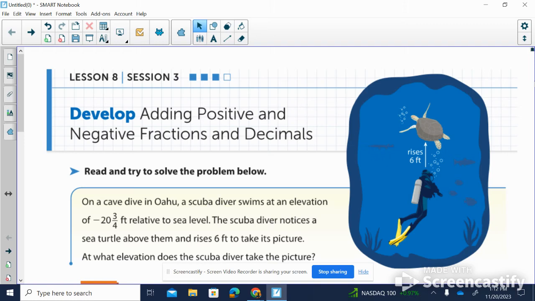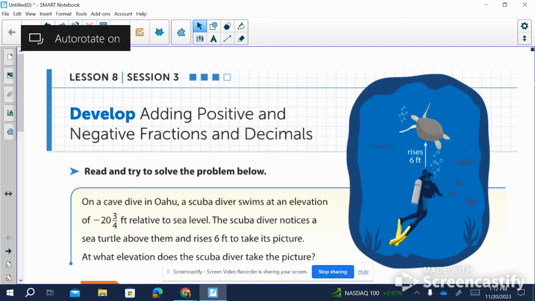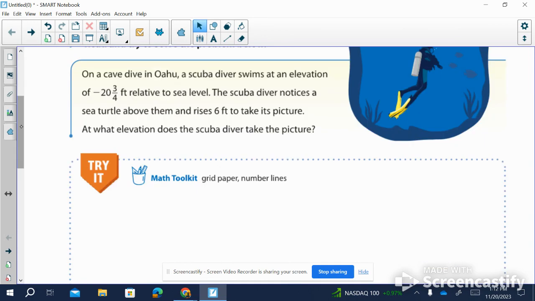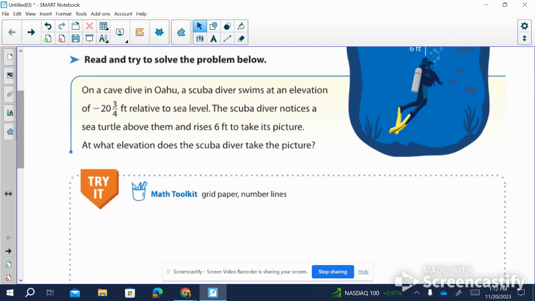Hey folks, so I'm going to go over adding positive and negative fractions and decimals. So far in lesson 8, we have looked at adding positive and negative integers. Those are part of the rational number family, but fractions and decimals are also part of the family. Let's dive in. On a cave dive in Oahu, a scuba diver swims at an elevation of -20 and 3/4